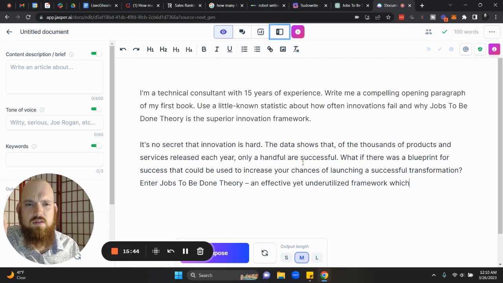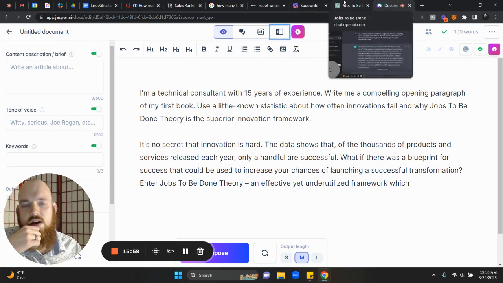What if there is a blueprint? Oh, this is so cringe. Increase your chances. An expected and you utilize framework. Oh, this is so cute. Now, look at what it did not include. It did not make mention of the years of experience. Okay, so